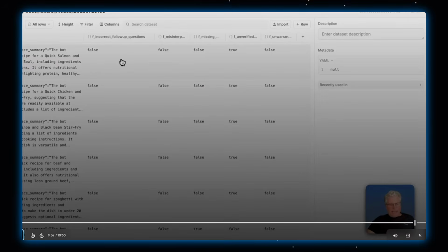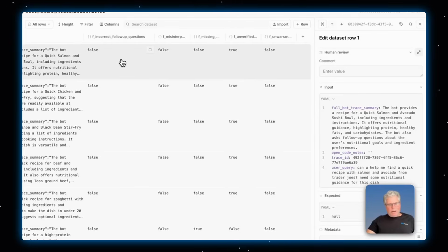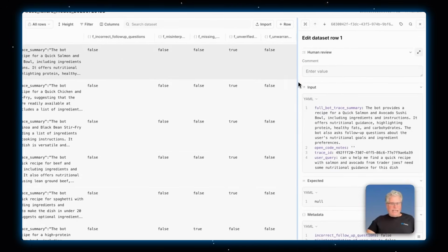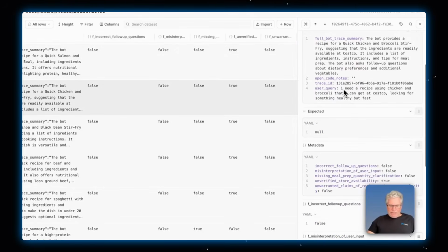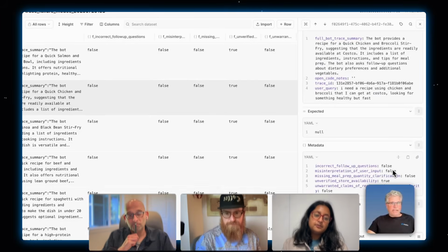And with this in hand, we now have a way for us to, again, engage our subject matter experts and go through these item by item and make corrections as necessary to come up with a golden data set of failure modes that we can then use to prioritize the evals that we end up